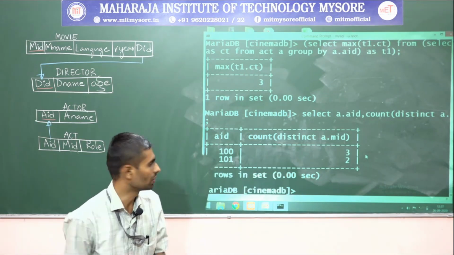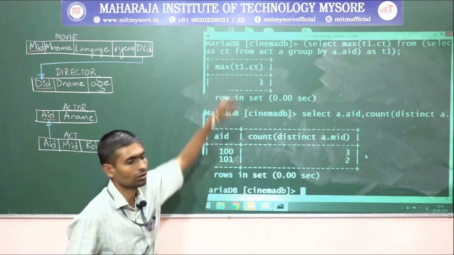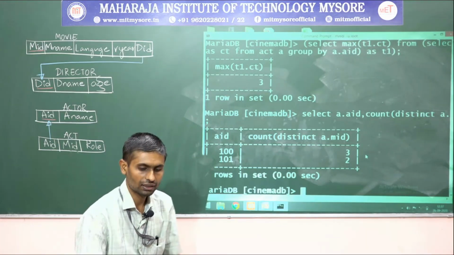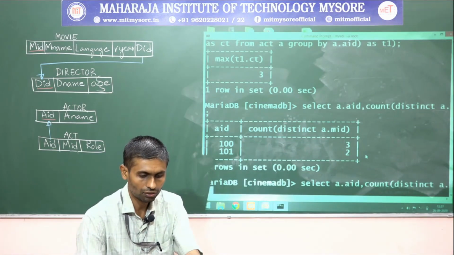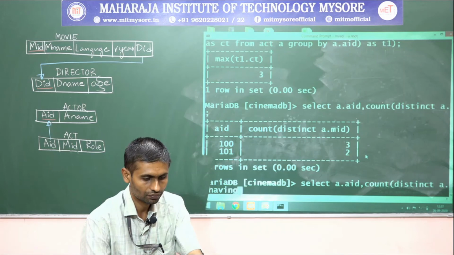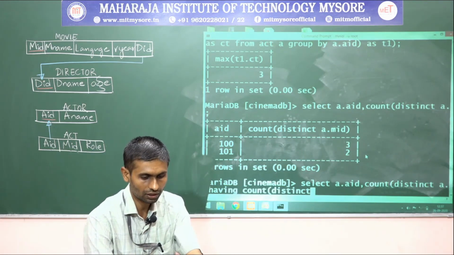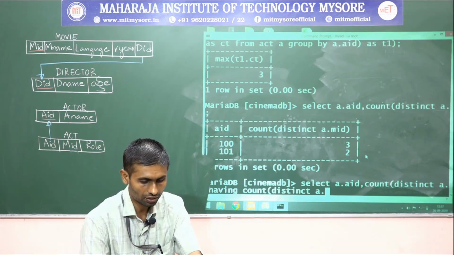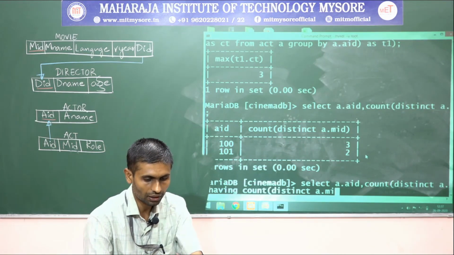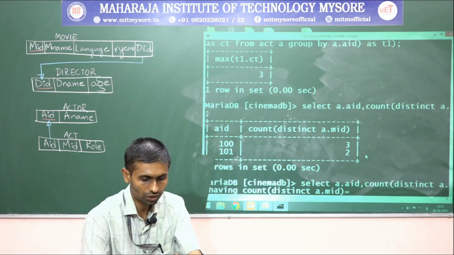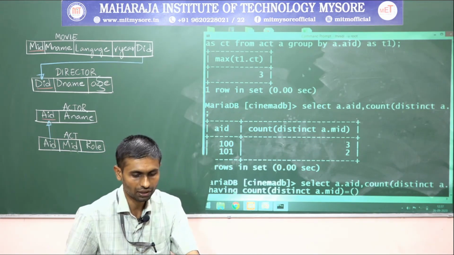Each actor acted in how many movies, and when this count is equal to this maximum, then the problem is solved, right? So how? Having count of distinct A.MID should be equal to the query we have written earlier. What is that query, guys?